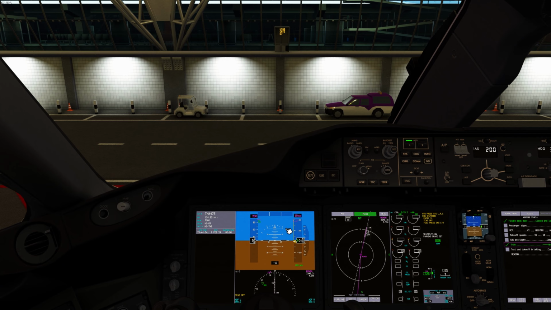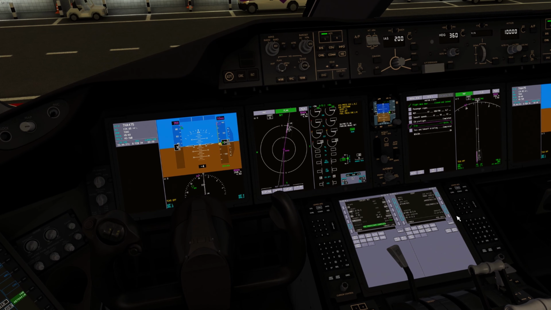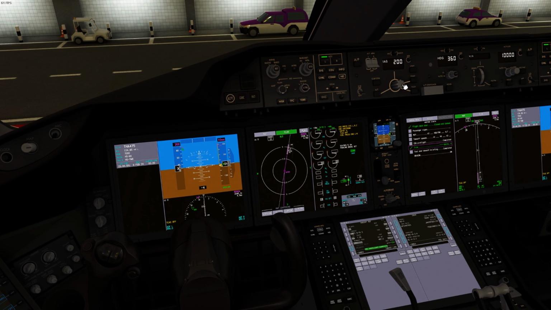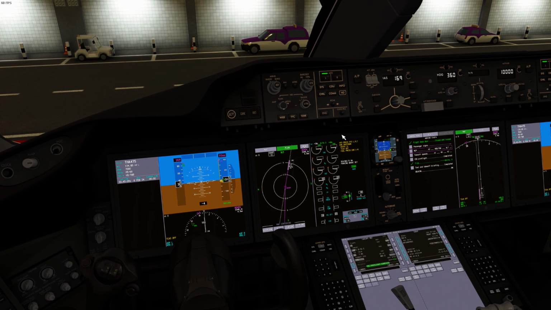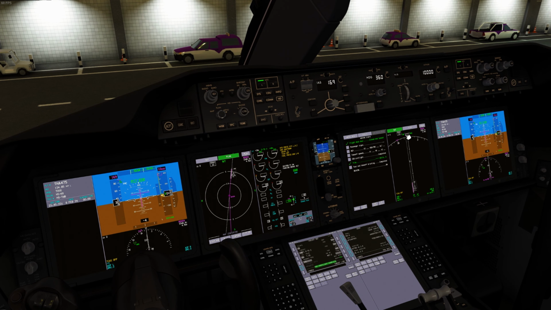Cool, that all looks good. So our V2 speed is 169, so I'll go ahead and set that here so we don't forget. So 169 is set. Perfect. I want to take traffic over on this side, and we will take flight directors on. We'll arm the auto throttle. We'll set runway